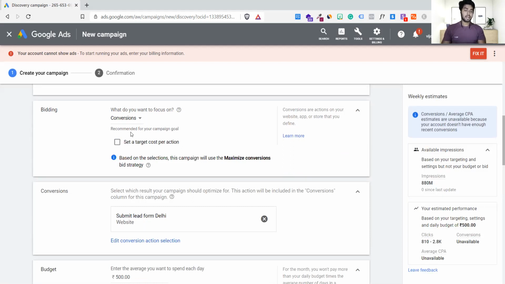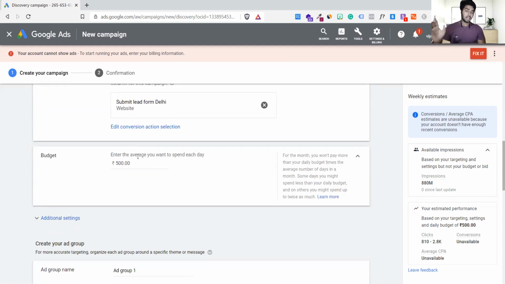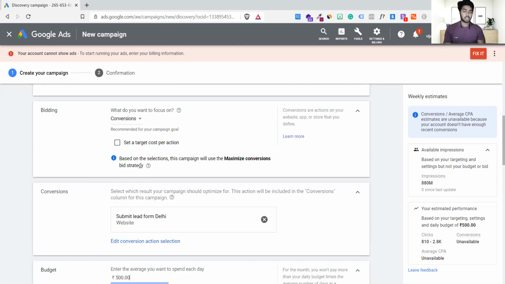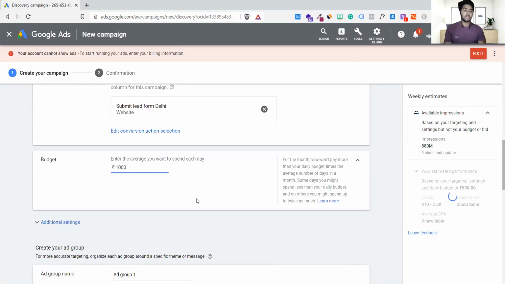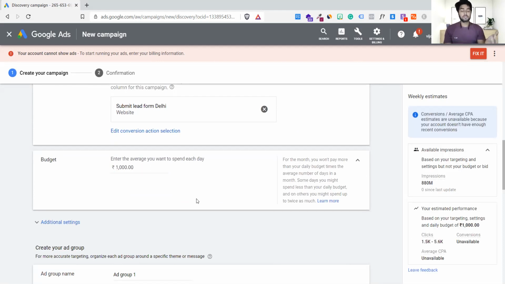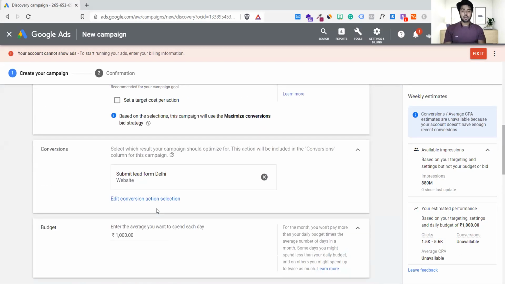I've just turned off this conversions, and I've simply made it a default feature. I haven't changed anything. And you can see, the moment I turned this off, the recommendation is also gone. I was saying 7,000 rupees and all, now it is not there. So you can take charge, whatever you want to spend, you can spend. Like I want to spend 1,000 rupees right now, and I just want to see whether this kind of campaign will work or not. This is what I'm doing, experimenting. If I'm getting results, I will make it 10,000, whatever it is. Okay, so this is it.